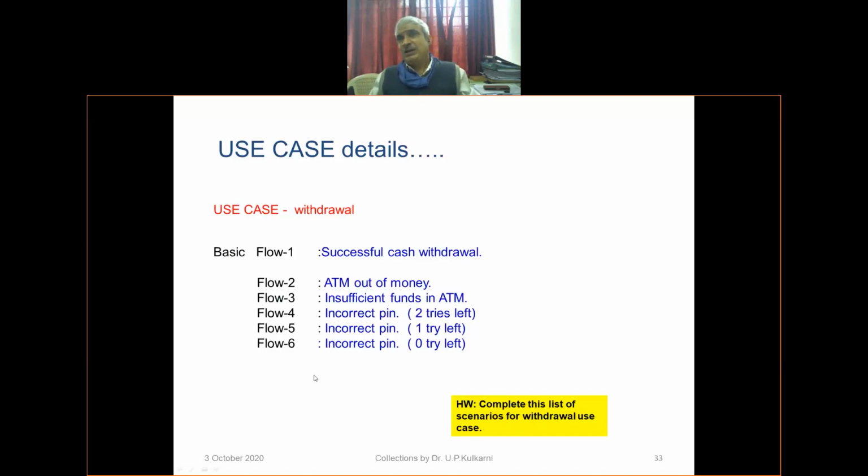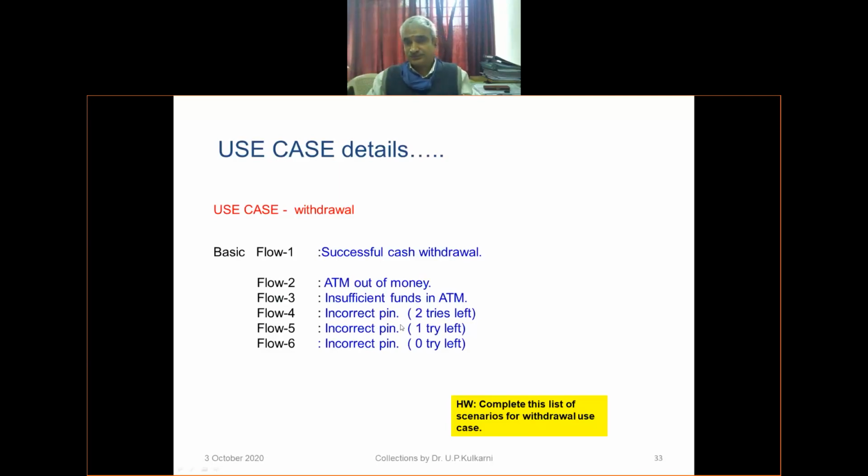Maybe your ATM card is stolen, ATM card is invalid. Then what not? Money is there in ATM, but the sufficient money that you are asking for is not there in your bank account. In your account the money is there, but in ATM money is not there. All kinds of things. Visualization of all these things will help you in preparing test cases.